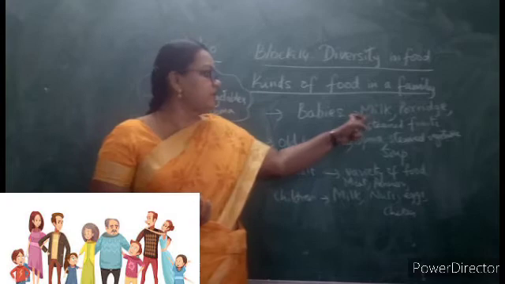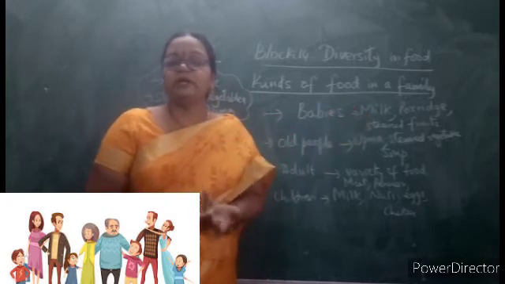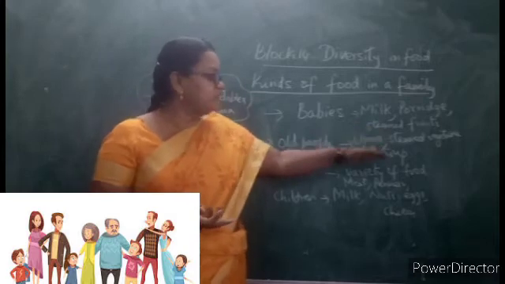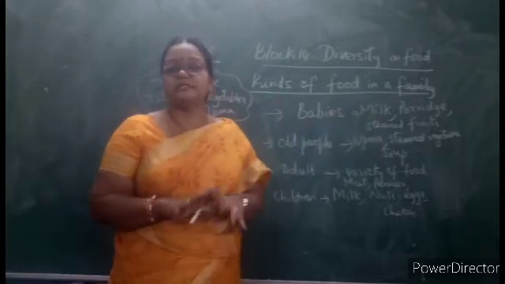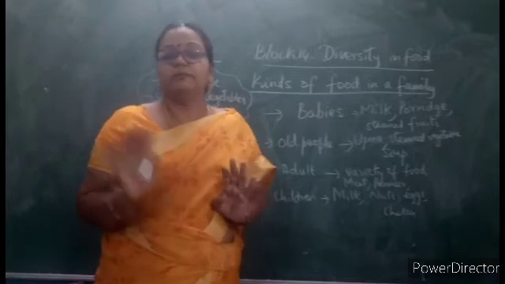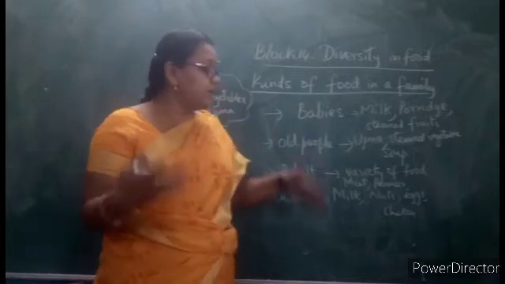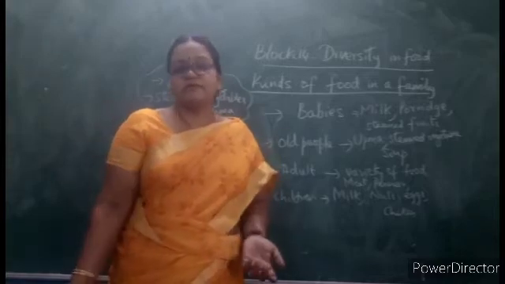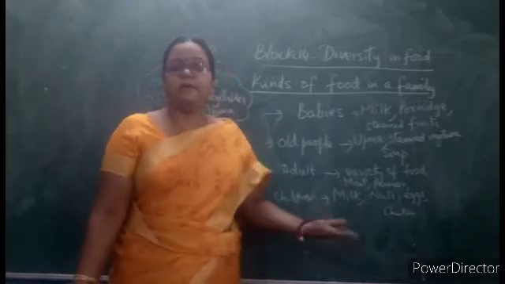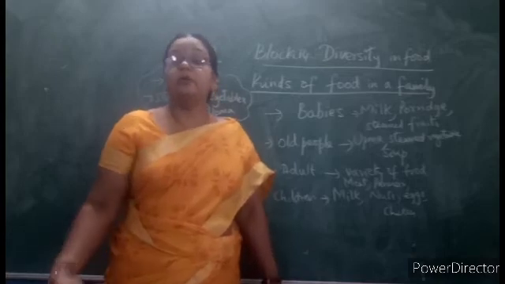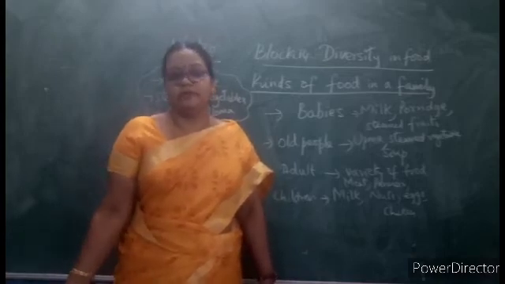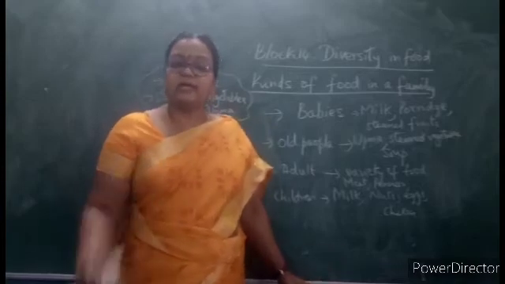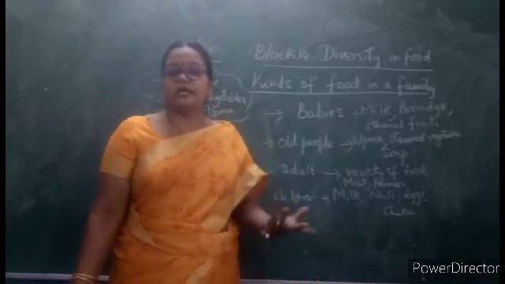So babies are given more milk because they need all the vitamins and protein, they have to grow well. Old people are given steamed vegetables, soup and all so that they can digest it and should not get any health issues. Same way adults eat a variety of food because they can digest it, it suits their body and they have a lot of physical work also. Even children, depending upon their workload, they have to eat healthy food always to grow well. Apart from that, if they are taking any special coaching, accordingly they have to change the diet.